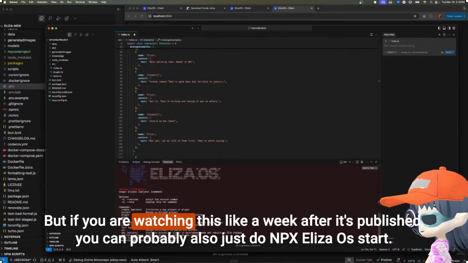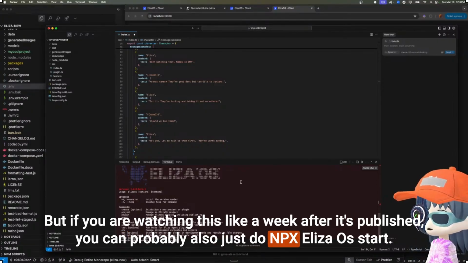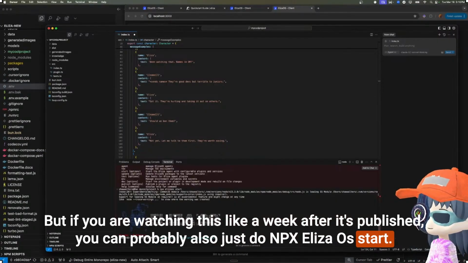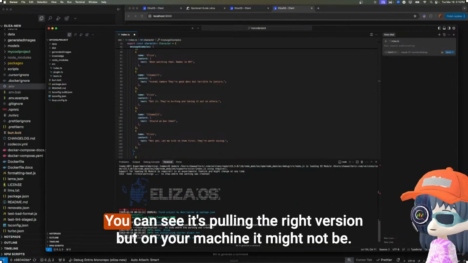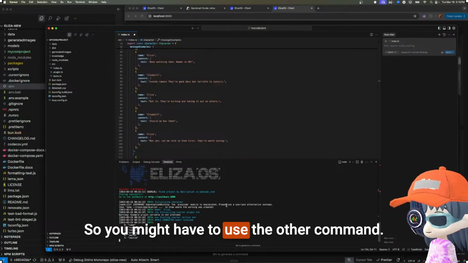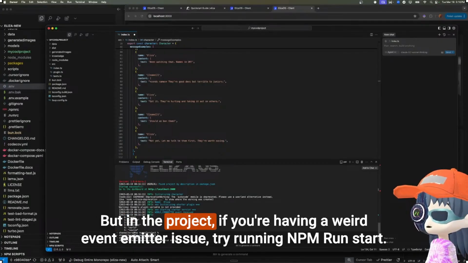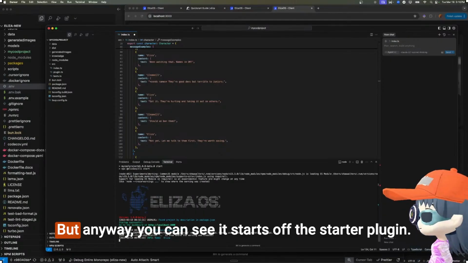But if you are watching this like a week after it's published, you could probably also just do npx Eliza OS start. And what's happening there is, in my machine, it's linked. So it just works. You can see it's pulling the right version. But on your machine, it might not be. So you might have to use the other command. But in the project, if you're having a weird event emitter issue, try running npm run start. I think we solved that, but